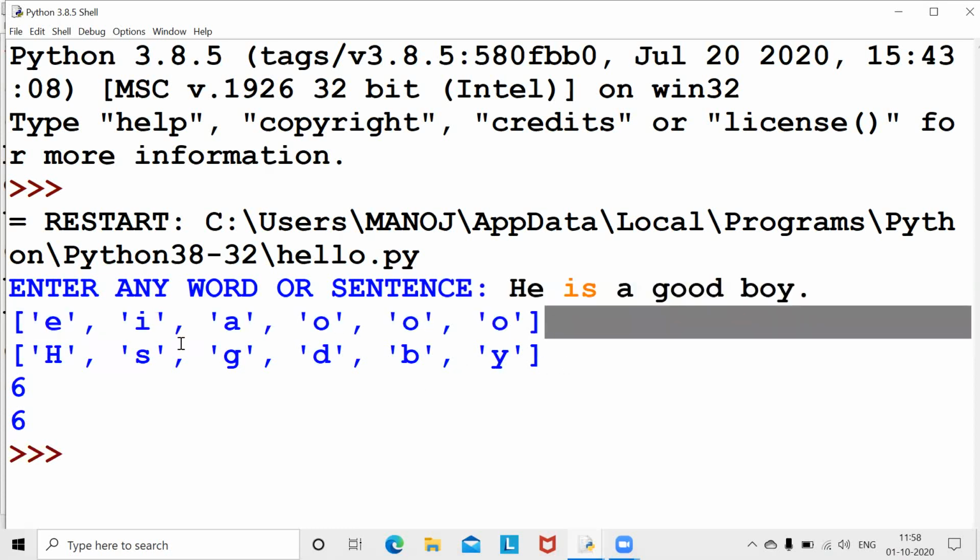And H, S, G, D, B, Y are the consonant list. Number of consonants 6, number of vowels also 6. Here we gave spaces and dot also, but they will not be printed. Why? Because I used the continue keyword. Okay, that's it guys.